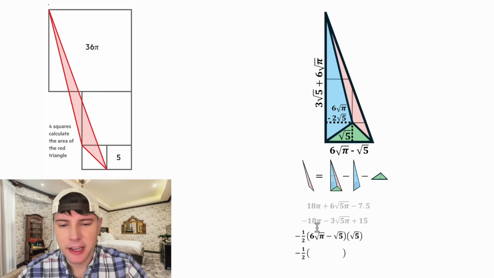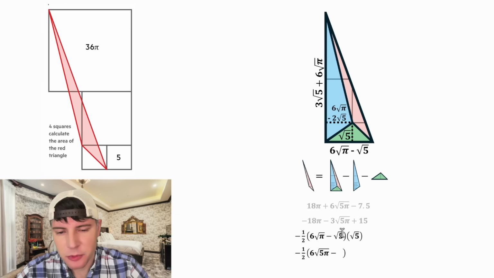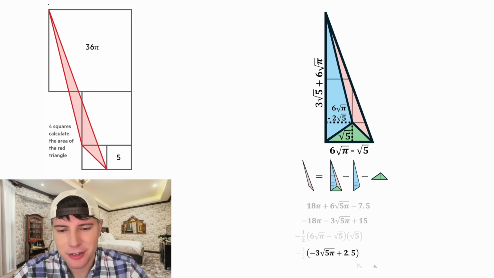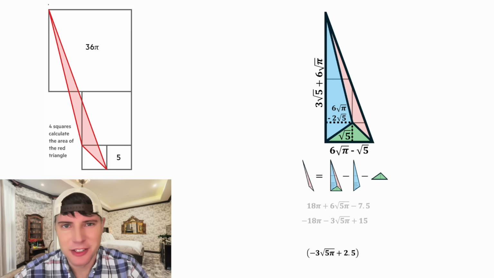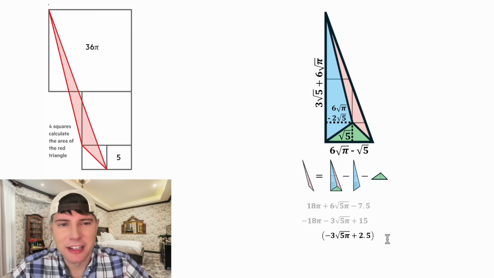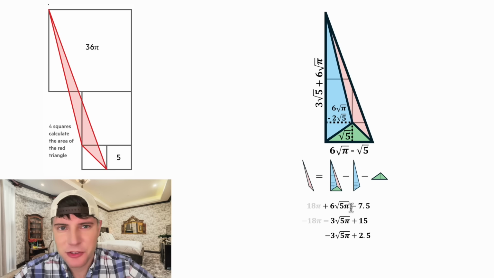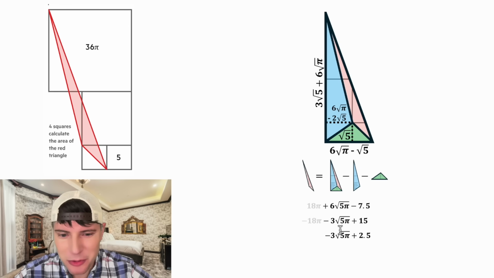We can bring down the negative 1/2, and 6 root pi times root 5 is 6 root 5 pi, minus root 5 times root 5, which is equal to 5. And then after we distribute the negative 1/2, we get negative 3 root 5 pi and positive 2.5. So this is the area of the green triangle being subtracted. So let's bring it up here, and let's combine like terms. This positive 18 pi and this negative 18 pi will cancel each other out. And this 6 root 5 pi minus 3 root 5 pi minus another 3 root 5 pi